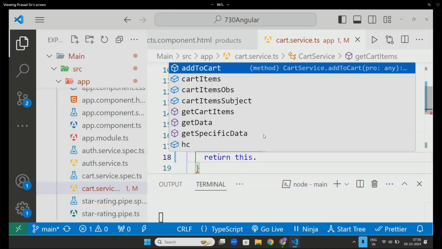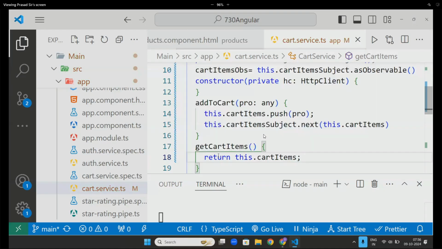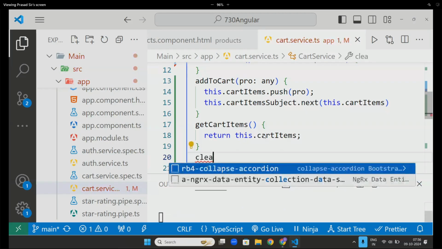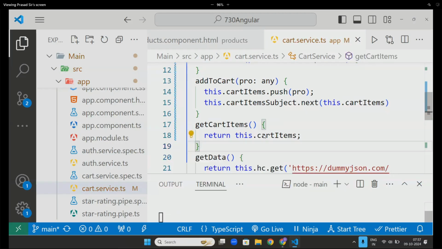If someone asks to clear the cart, I'm not implementing clear cart, but you can do it. You can make this whole thing empty. Now, two things I did. One is add to cart, one is get cart.